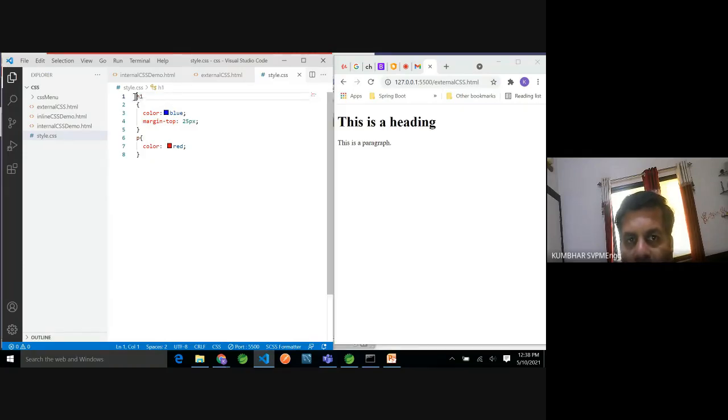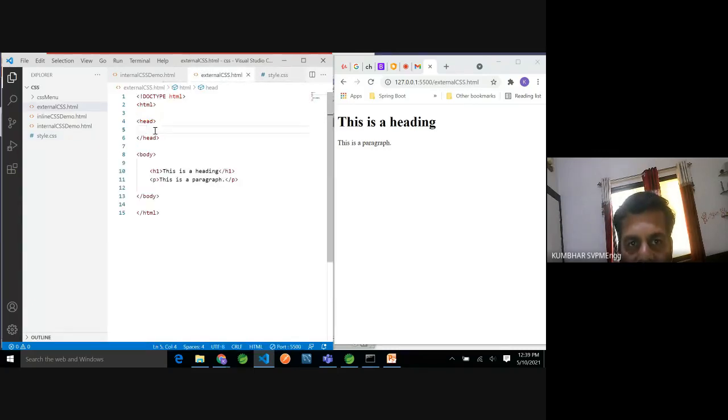Now here you can observe in this style file, we are doing the same task again, that is, which element I want to select and what style I want to apply. The paragraph element and the style I want to apply. So I am defining styles in a separate file, style.css. Now I want to apply this CSS to the HTML, which means the style code is external and we are going to use it in the current HTML file.